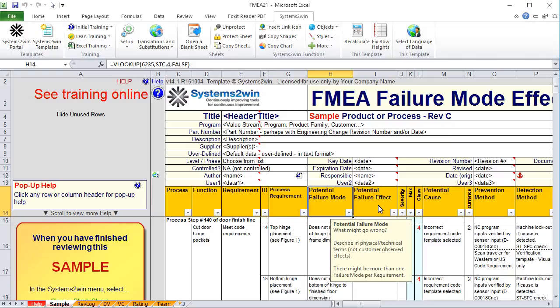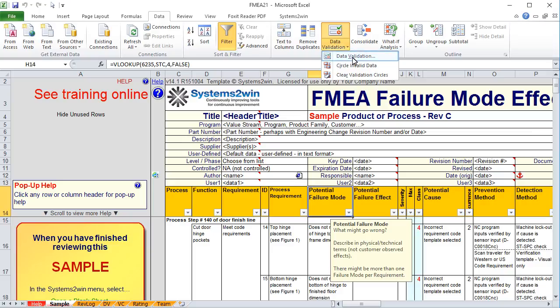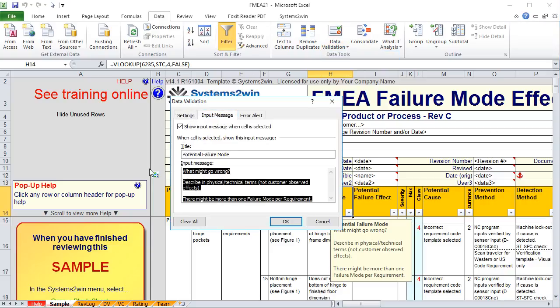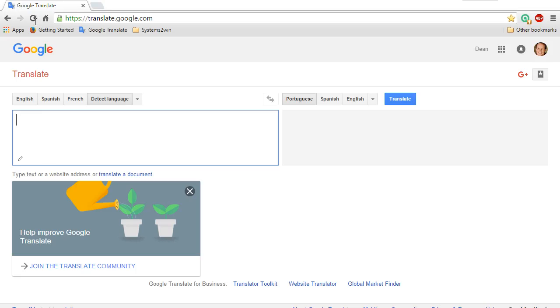Because of that, and because pop-up help is English only, let's teach you how to translate pop-up help. Go to the Data tab, select Data Validation, then select the Input Message tab. Then copy that input message to your clipboard. Paste it into Google Translate.